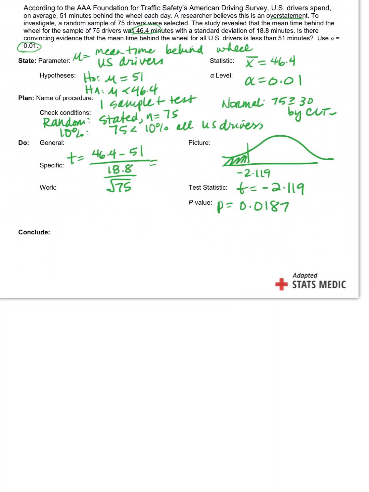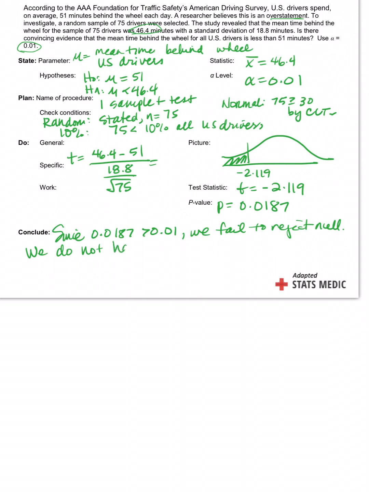Okie doke. Can we come up with the conclusion on that? Yeah. Okay, so we could start with, since 0.0187, oh, that's greater than 0.01, isn't it? What does that mean we're going to do? We fail to reject the null. So do we have convincing evidence? No. We do not have convincing evidence